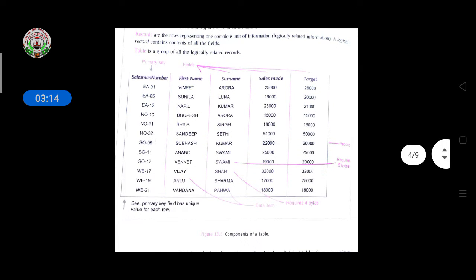Then see here, the primary key field has a unique value for each row. Primary key is given here. So why are we giving a primary key? Every field is not supposed to have a primary key, only one field, because we don't want to change the identification of that field, or any unique number if we want to give. So it is known as a primary key. That column should be set as a primary key so that a repeated value should not be taken by that column, and a primary key should not be a null value.